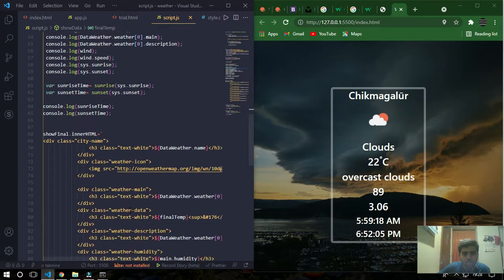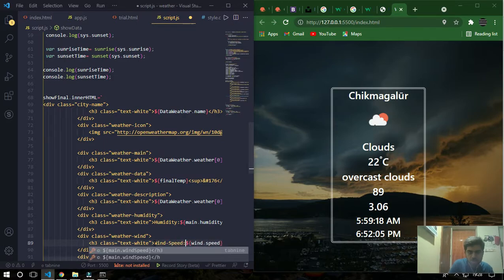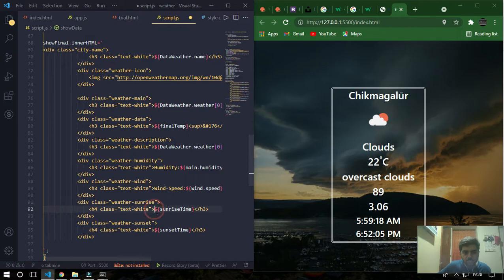Now what is this? 3.06, that is humidity. Okay, then this is wind speed, then sunrise, similarly sunset.